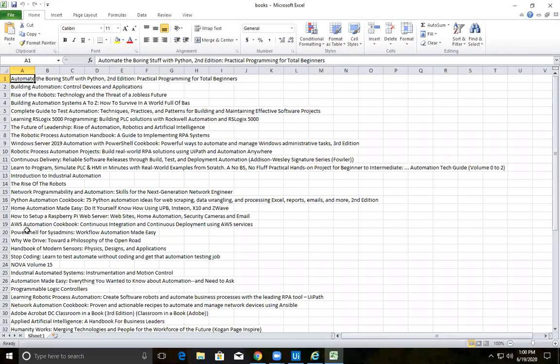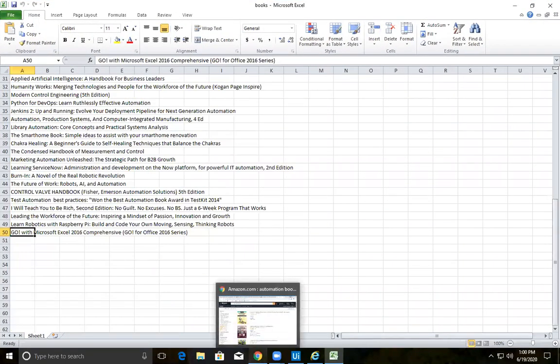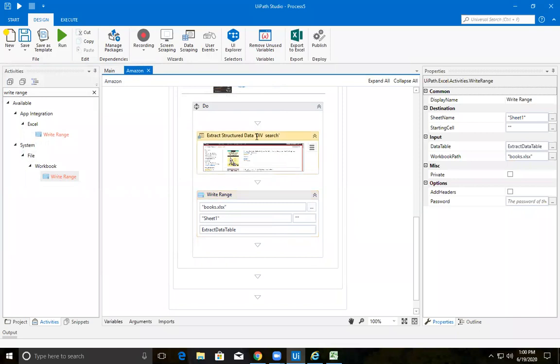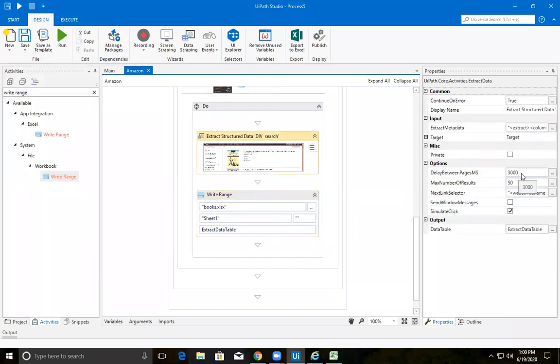Yes, I received 50 records. So that means it was hurriedly going to the next page. When it was extracting, the delay was only 300 milliseconds, so after 300 milliseconds it was going to the next button. But in order to decide whether 50 records have been received or not, let's wait. We are making it wait. In that meantime, it is collecting the data and confirming that 50 records have been received. Then it is coming out. So please increase the delay between pages here. It will be in the extract structured data properties.